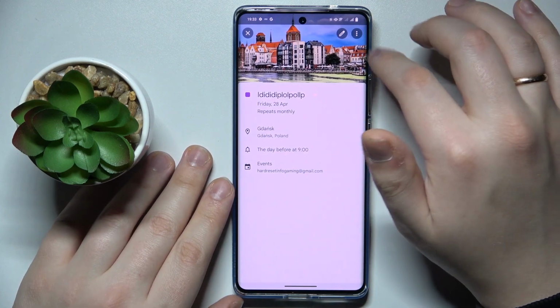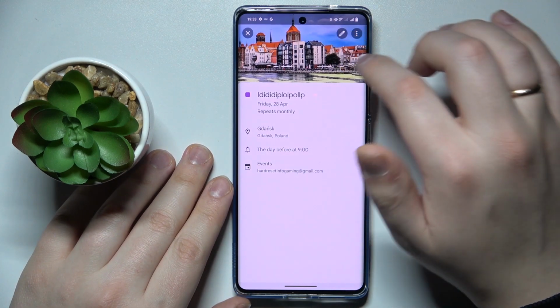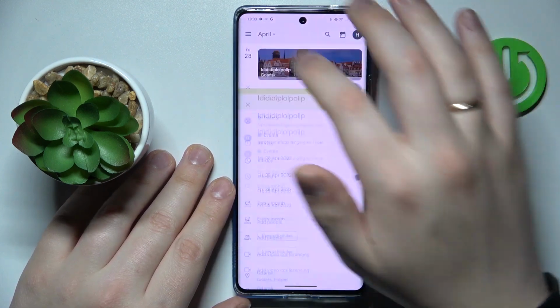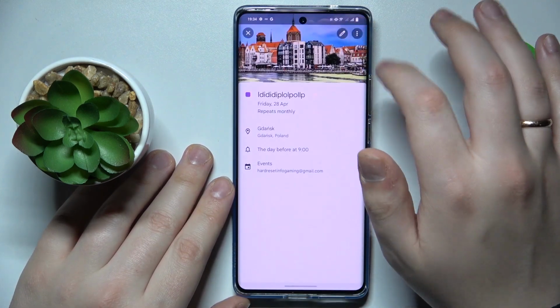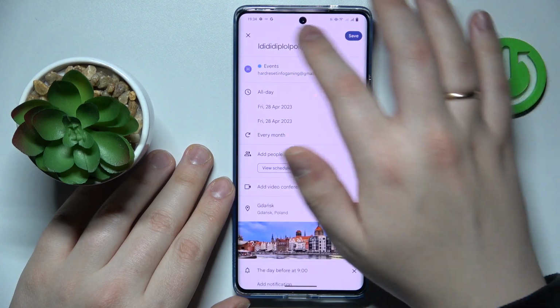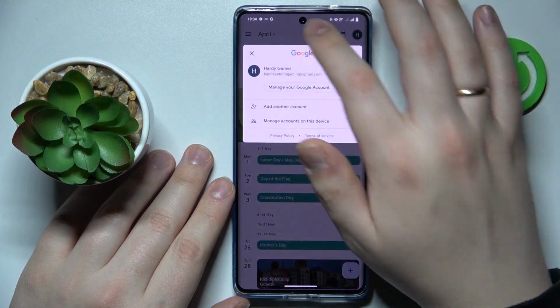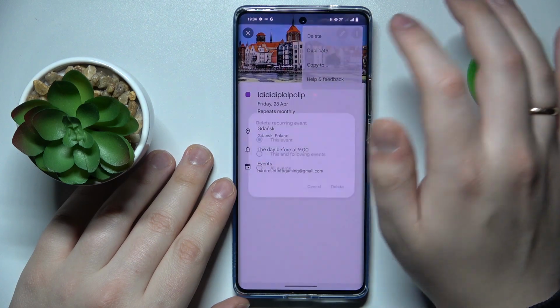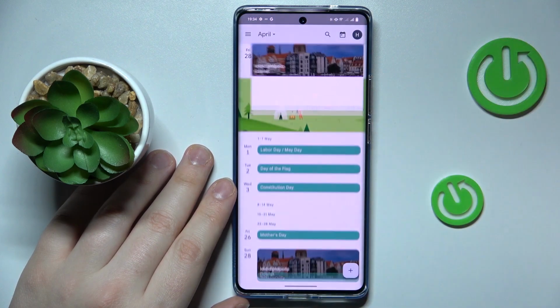I can edit those details by going for the edit option, or I can delete an event entirely by opening the additional settings menu, tapping at the delete option. Perhaps I will be able to tap at the delete and then just erase it